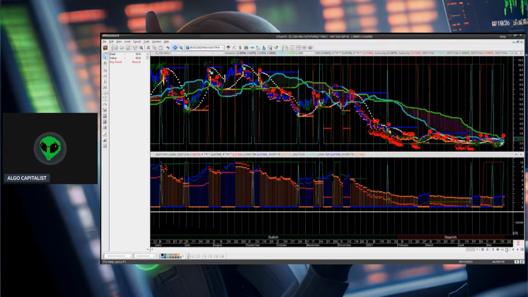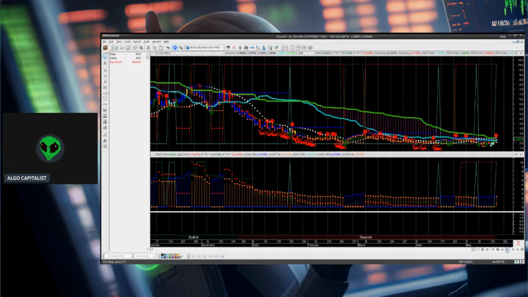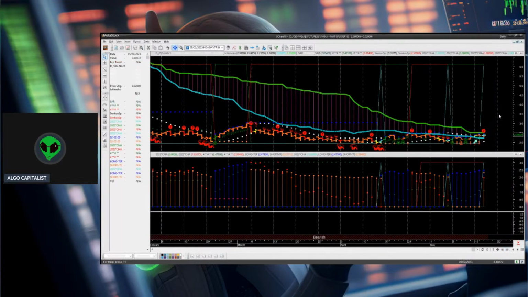Next up, we got Nat Gas. So been watching the Nat Gas. All right. I think this one is really trying to do something. It got into the Kumo cloud here, and now it's neutralized. All right. So I really need to see it get above $3. If it can get above $3, I think it has the potential for a serious run, but as of right now, you're neutralized. So there's nothing you can really do here in this one, except for wait and see what happens when it comes off neutralized.